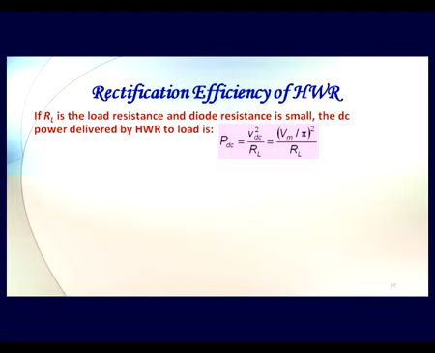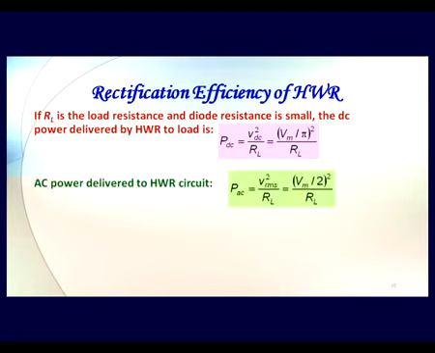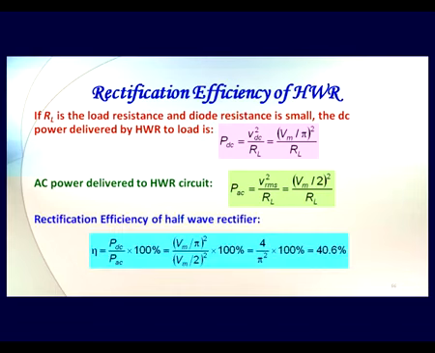And the input that we have given, the AC power delivered into the half wave rectifier, is PAC, which is nothing but V square RMS upon RL, that is (Vm by 2) square upon RL. If I substitute and take a ratio, then the efficiency of rectification eta will be PDC upon PAC into 100%, which is (Vm by pi) square upon (Vm by 2) square into 100%. So if you substitute the values, Vm square gets cancelled, and you get (4 by pi square) into 100%,